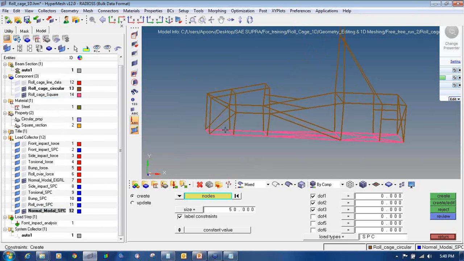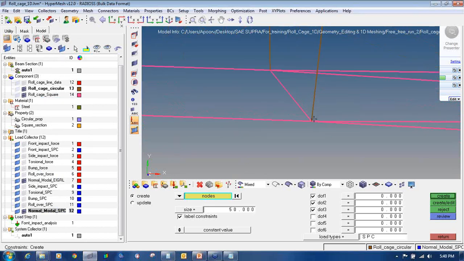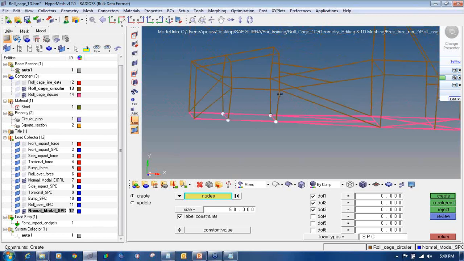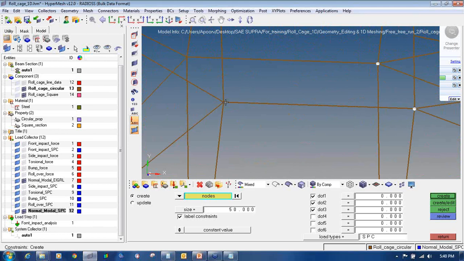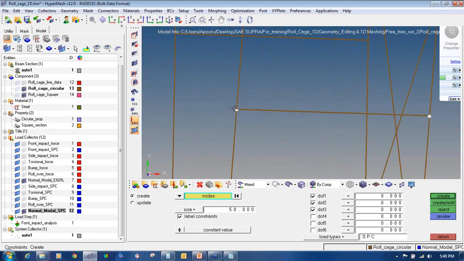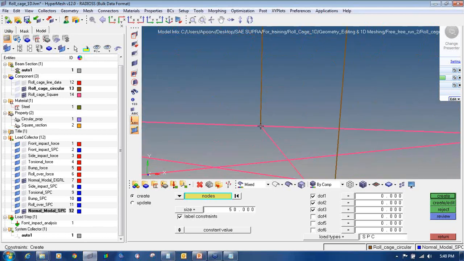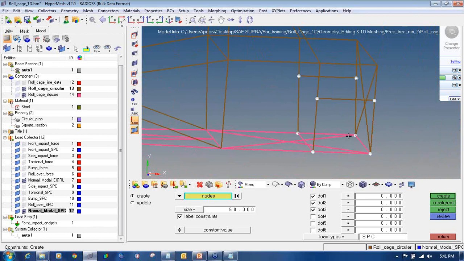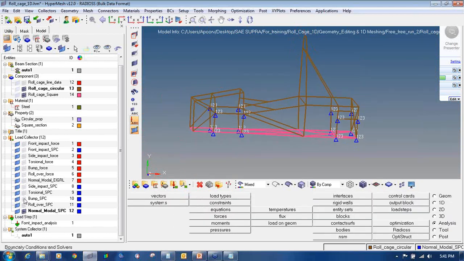For normal model, I am going to apply the constraint for all the suspension pickup points for 3 degrees of freedom, all the 16 suspension pickup points. And say create.